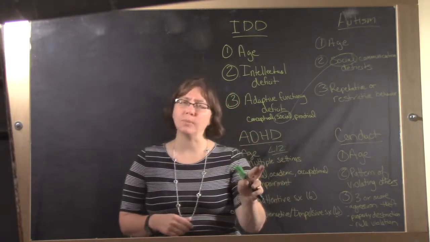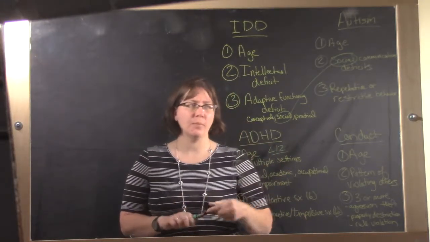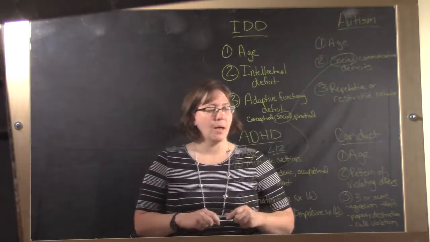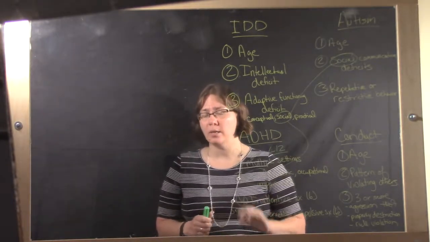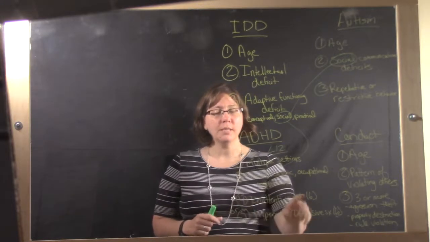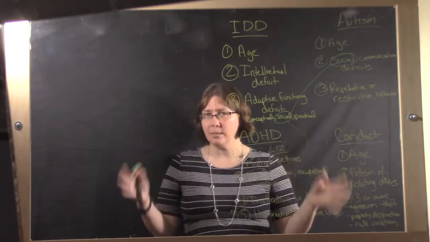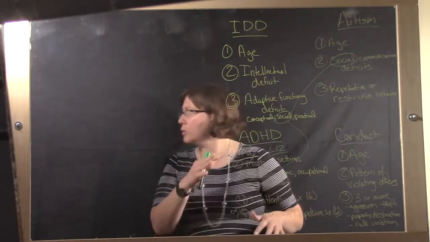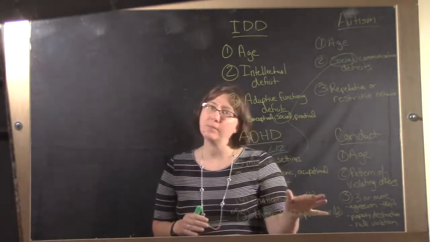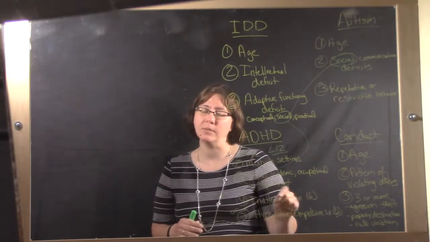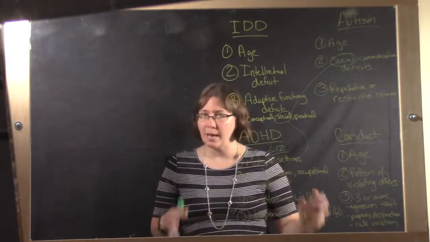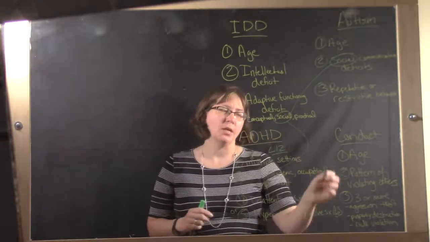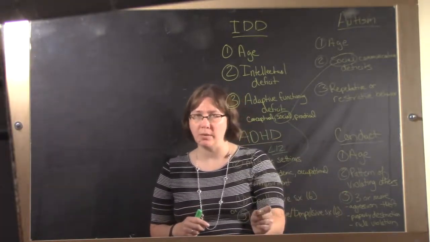You have to show these in multiple settings. You have to have some kind of impairment. Again, we see social impairment as being a connection here. And then there's two different ways that we can go about this. There's a whole series of what we call inattentive symptoms. So symptoms where you're not focusing. It's that whole squirrel thing. You have to have 6 of them to meet that criteria for inattentive symptoms. Then there's a section that's hyperactive or impulsive symptoms. So always moving around, fidgeting, things like that. You have to have 6 of those to meet this criteria.